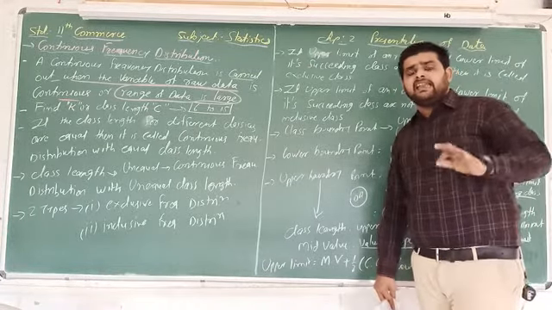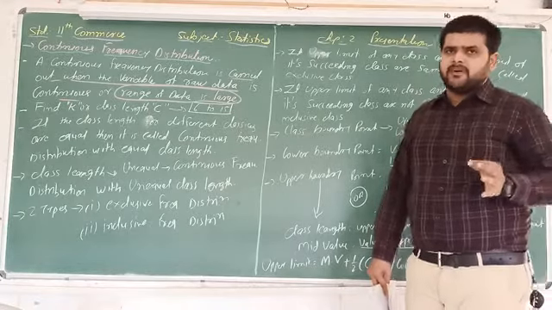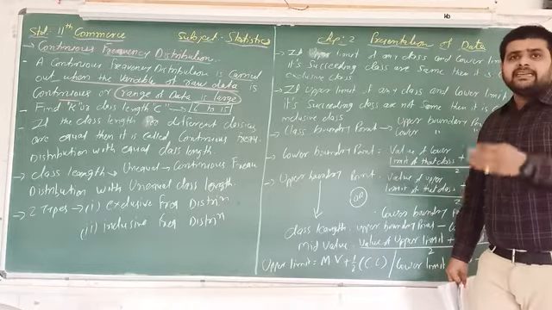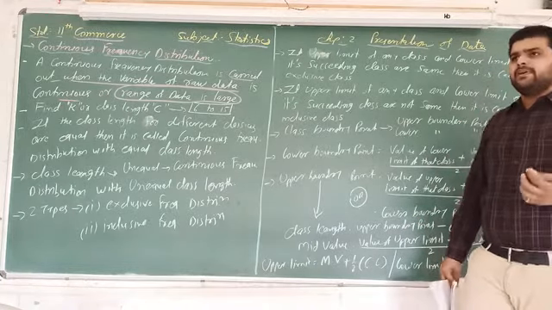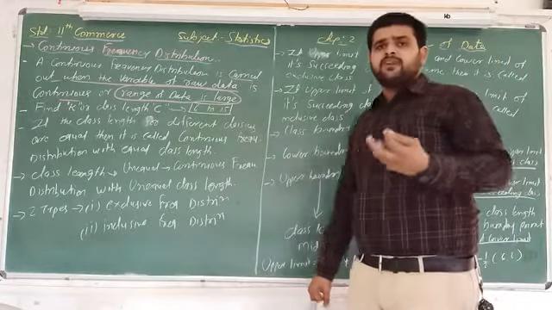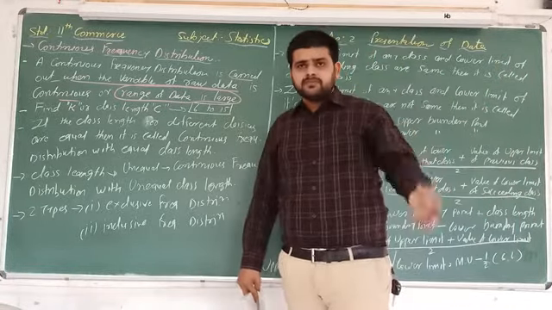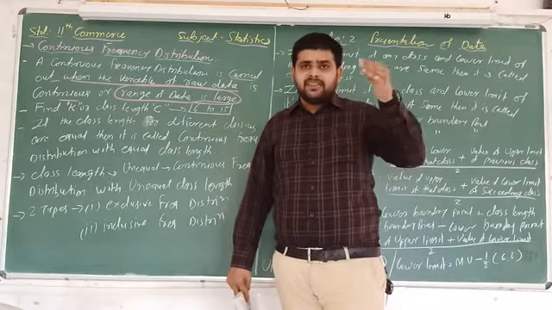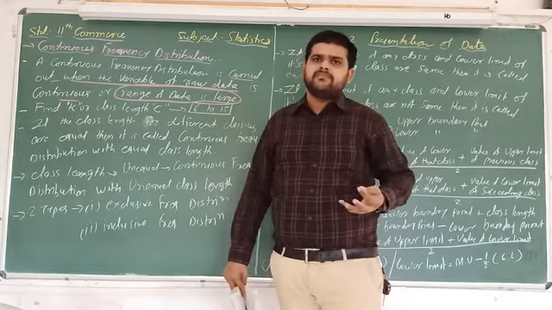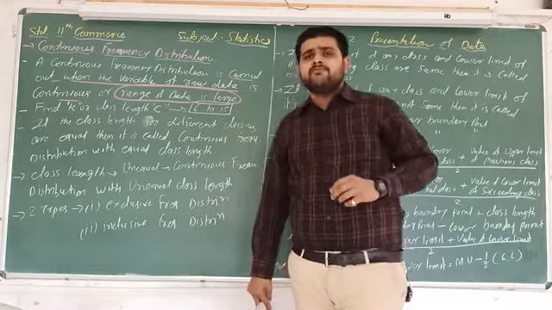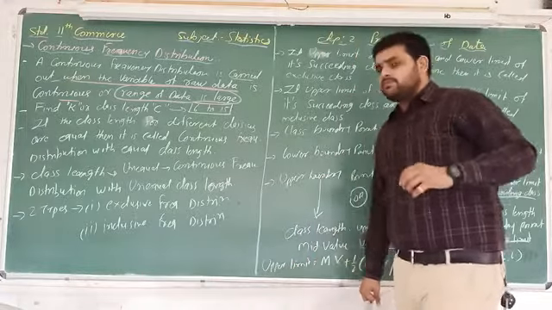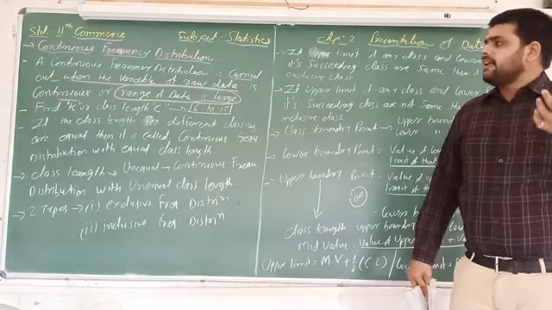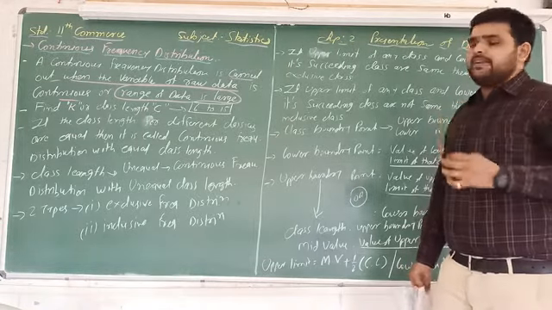But when the data are in a raw form, in a big form, it is difficult to put all the single data in a particular table. For example, the weight of particular students, from 0 to 60, 70. It is difficult to take all the columns of every single row to calculate the frequency distribution. So at that time, what do we have to do? We have to make the classes, and that is called a continuous frequency distribution.